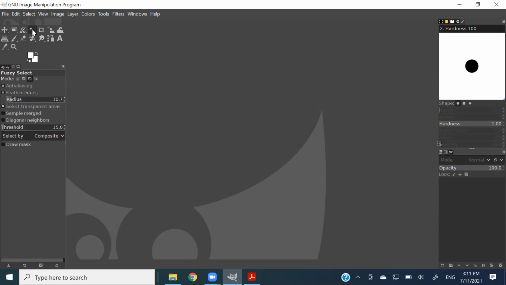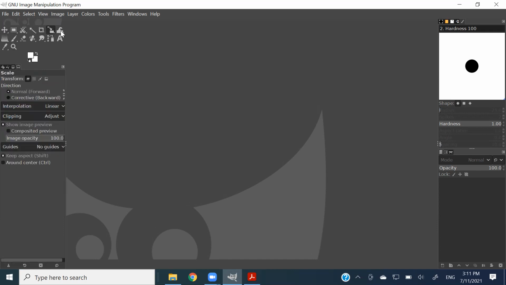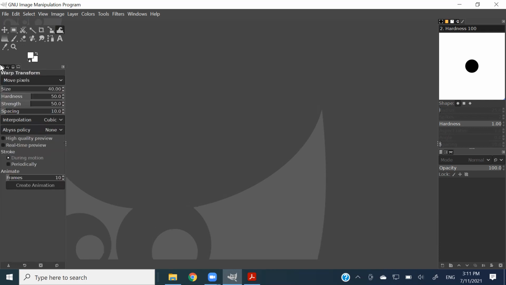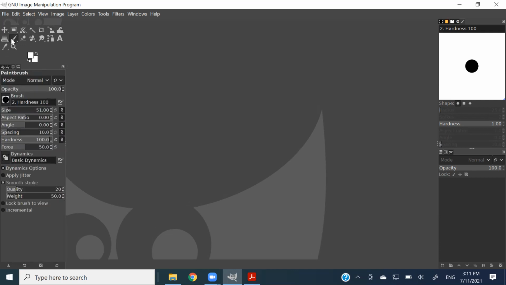Each of these tools has different properties that we can use. If you take a particular brush, we can change the size from here, right? And some aspect ratios, angles, spacing. We are not going to go into those details very much, but just get to know the properties are here,